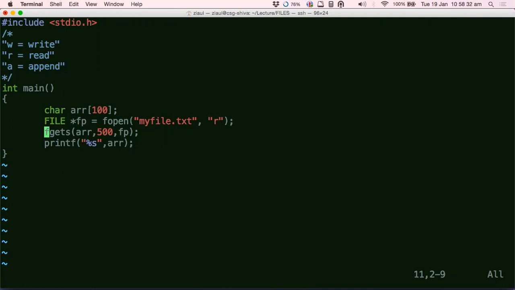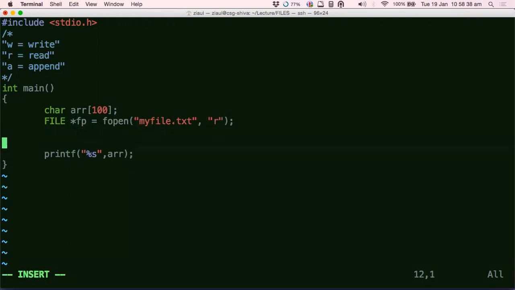Okay, so let me come to something called end of file. So fgets is fine. What does fgets allow you to do? Fgets lets you read all the characters that are there in your file, right? I mean, you can set the length, how many characters you want to read. But then let's say we want to use scanf to do this reading. We don't want to use fgets. We want to use scanf only. I mean, fscanf, sorry.